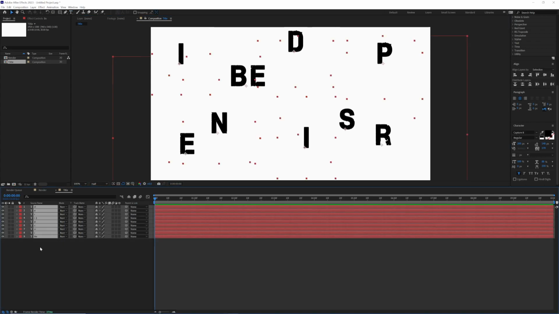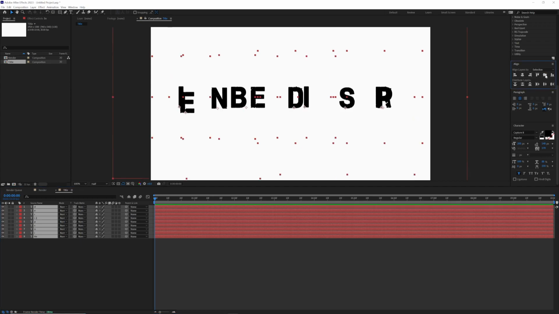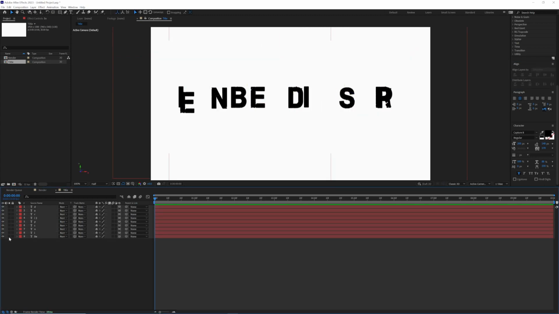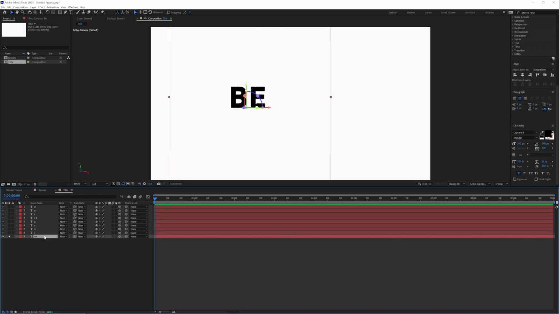We'll just align that. So go over here and press your align tool to get it to the center. And then with all the layers selected here, we just make them 3D layers. Go on to my first layer, B, and solo that. And now I'm just gonna press P for position. And we're gonna jump forwards about 2 seconds or so,